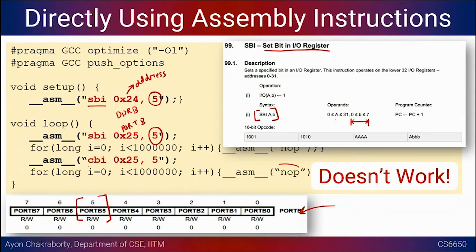And this is nothing but exactly the opposite thing. We are clearing the 5th bit. So this is the clear bit. Instead of set bit, we are using clear bit, and again the same location. Hexadecimal 25 is the address of the port B register, and 5 is basically instructing to clear the fifth bit. So this will be set as 0, and once we set it, it will be set as 1. So that's what is happening, but somehow it doesn't work because there are some more